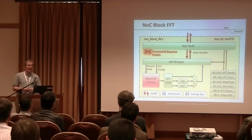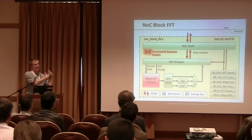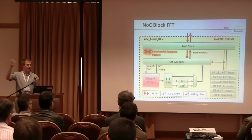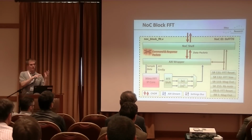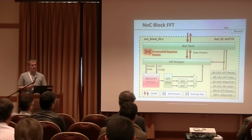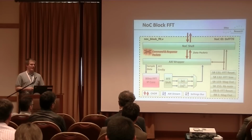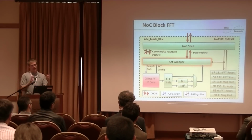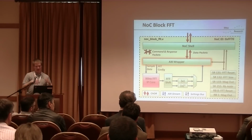Those are very useful if your block needs to inform other blocks to do something, or it needs to receive maybe a status register. Basically, if it needs to write or read control and status registers in other blocks, that's what that interface is really useful for. But the blocks that we have at this point, they don't need to do that. Of course, I have the AXI wrapper because I'm converting from that cheddar packetized protocol down to just the sample data AXI stream